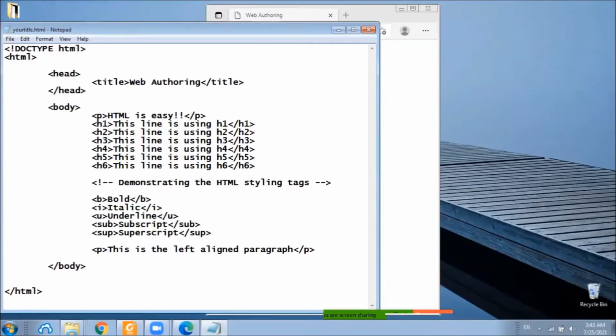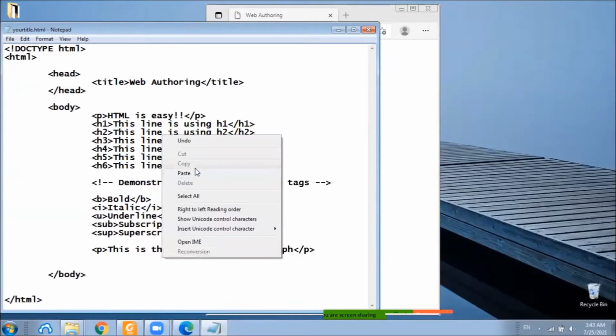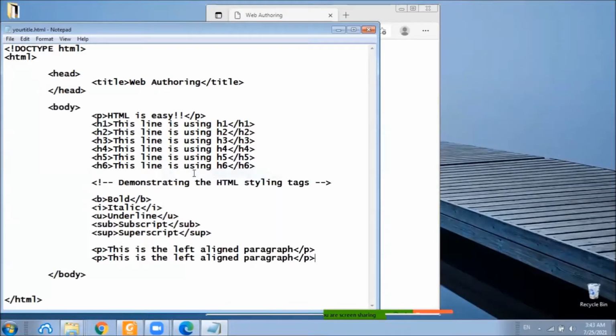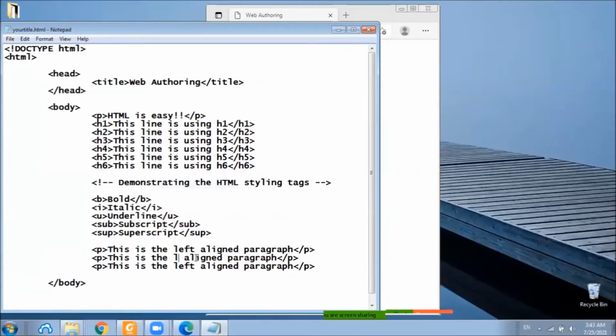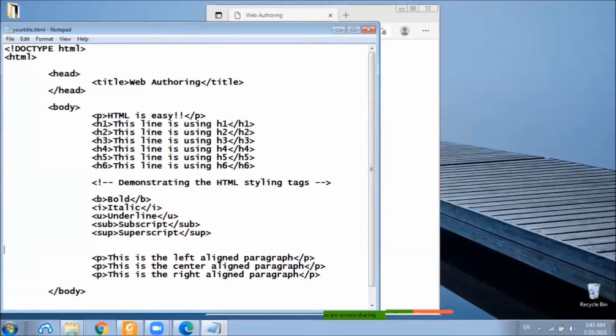Similarly, I will copy and paste this same paragraph 2 more times and rename this as the center aligned paragraph and the last one as the right aligned paragraph. I'm also inserting a comment here.